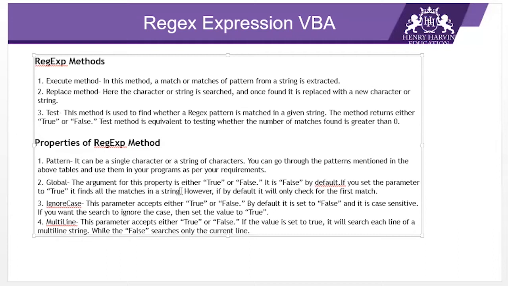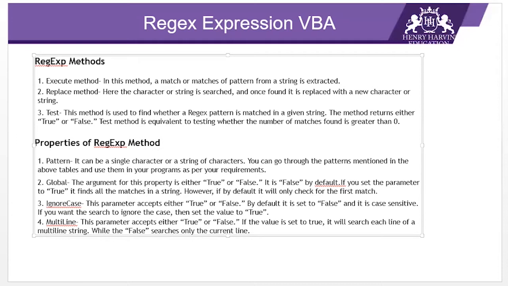If you have this kind of pattern or string, you can understand you have to set global equal to true, because you have to find out all the matches, right? Then only you can run the loop. I know the example is funny, but you'll understand that. Let's use the same example today.